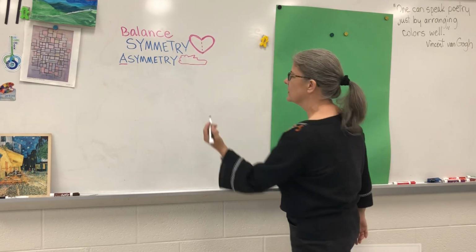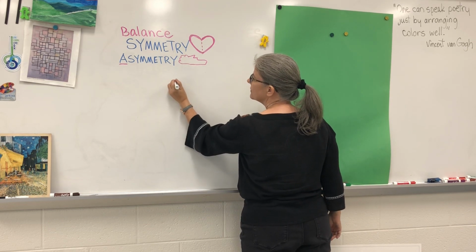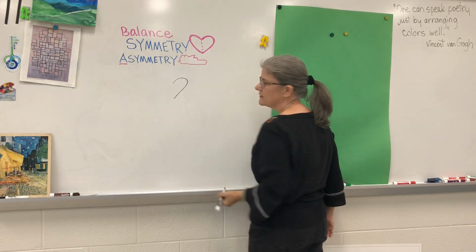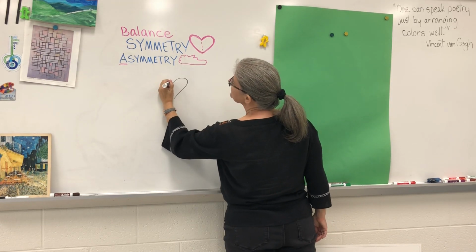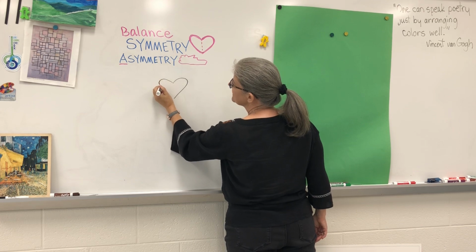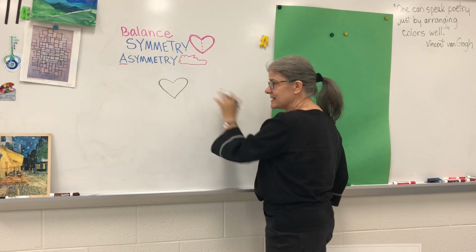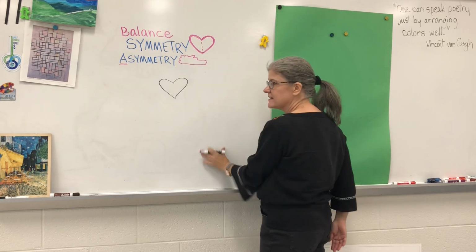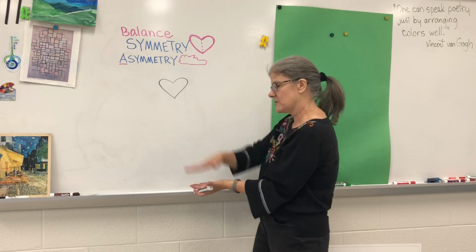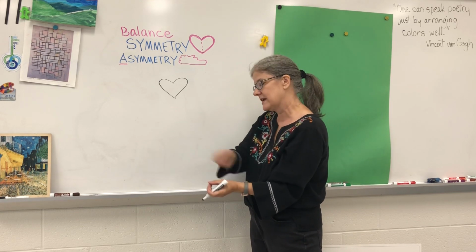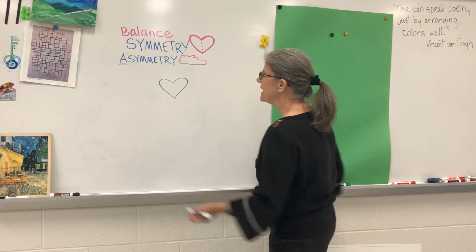I'm going to make another one. And I'm just going to start in the middle and go up. The first line is easy to make. I know you know how to do this. The second line is a little bit harder because you're trying to get it to balance. And because I'm kind of off to the side, it's actually harder for me to draw this way on a vertical surface that stands up. It's easier if I were at a desk or a table, and it will be easier for you that way too. So the line of symmetry,